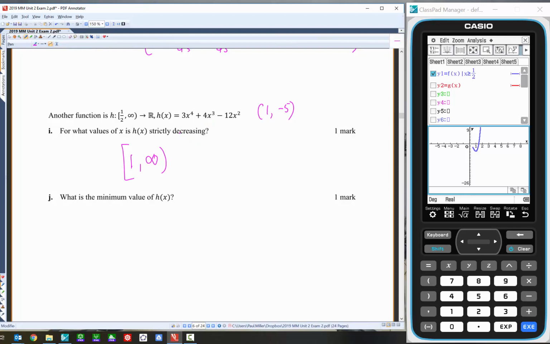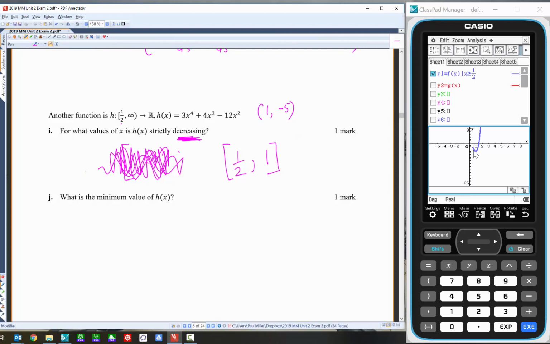So that's when it's going to be strictly, oh geez, hang on. That's when it's strictly increasing. I want it when it's strictly decreasing. Ooh, okay. So that's going to be from this point here, which is the start of the function. That's from a half. And we're going to include that all the way up to and inclusive of the 0 gradient point 1. So that's when it's strictly decreasing. Ooh, bit of a mistake there. Anyway, never mind. All right, so it's from a half all the way up to x is equal to 1,